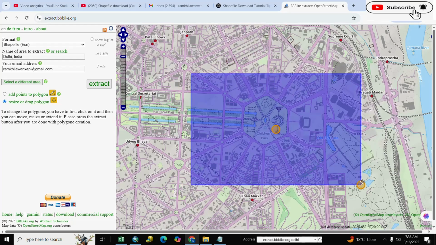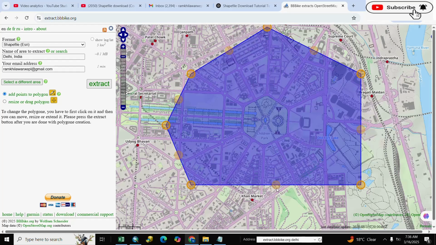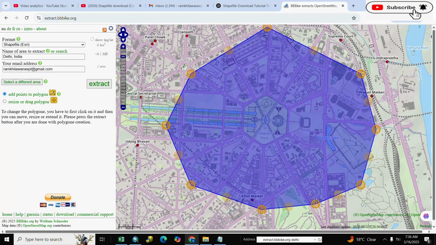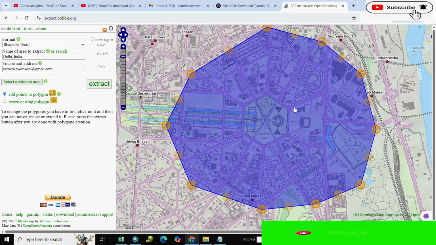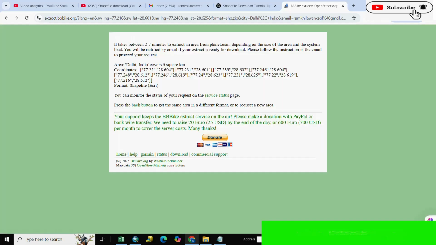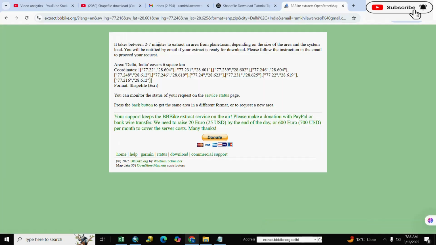And if you want to modify it, you click add point to polygon, you click here and adjust your point as per your requirement. You adjust it, and after it we click here extract. It takes between 2 to 7 minutes to extract, so wait 2 to 7 minutes, and after it we go